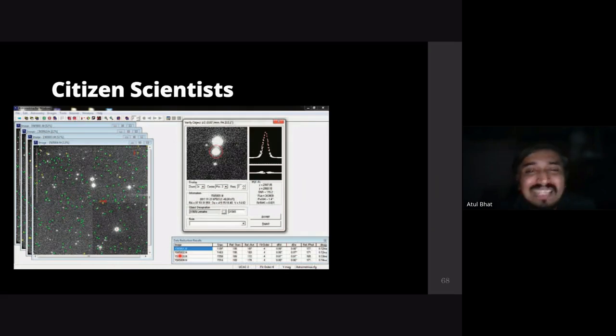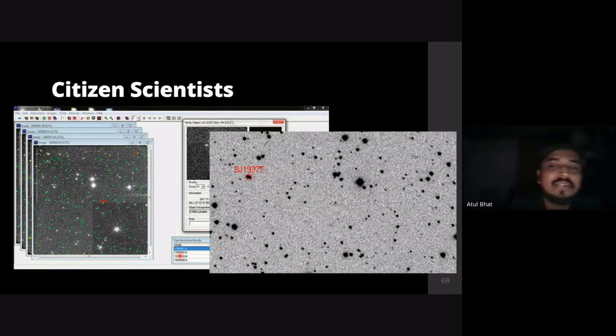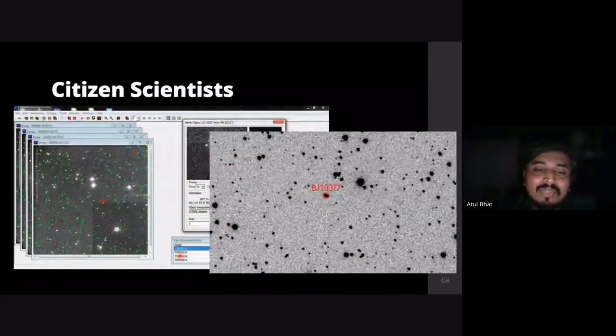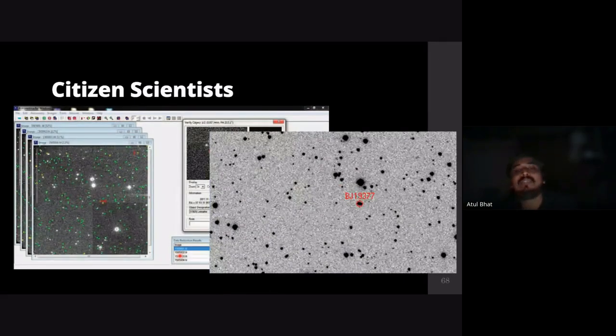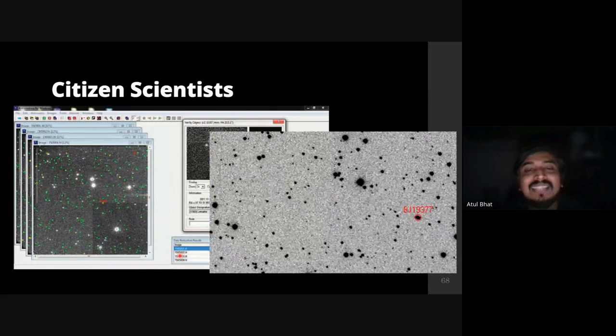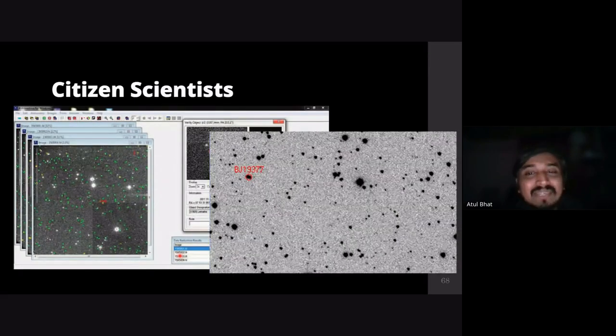There's a process called blinking, where each of these images is shown very quickly in sequence. And when you do that, you'll realize some of these dots are not really stars; they are moving. And then you quickly label them. You identify these objects, you mark them, you label them. There's a process to follow, and you submit it to them. And when you do it, they will submit it to the IAU's Minor Planet Center, and they will track this object